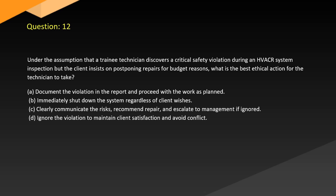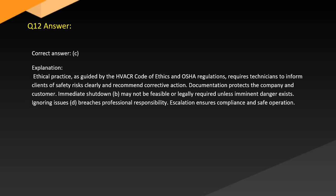C. Clearly communicate the risks, recommend repair, and escalate to management if ignored. D. Ignore the violation to maintain client satisfaction and avoid conflict. Answer. Correct answer, C. Explanation. Ethical practice as guided by the HVACR Code of Ethics and OSHA regulations requires technicians to inform clients of safety